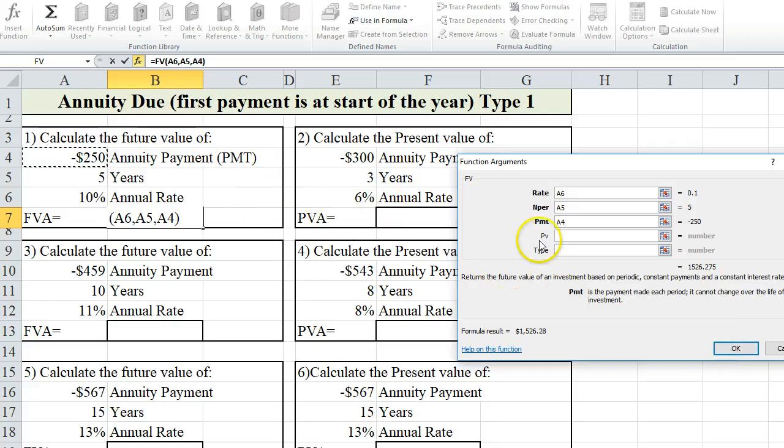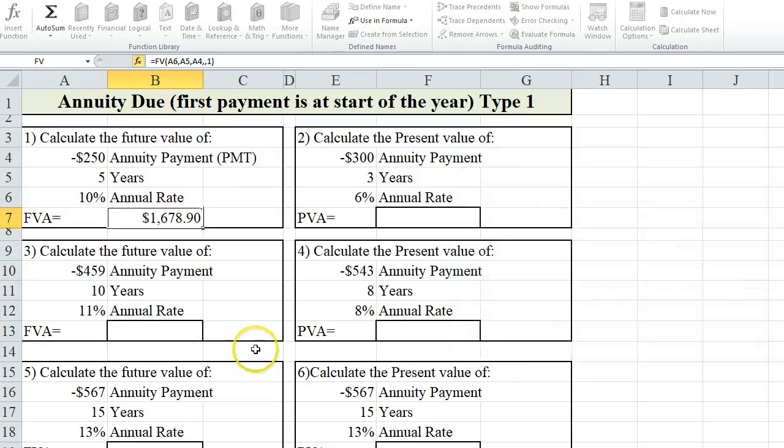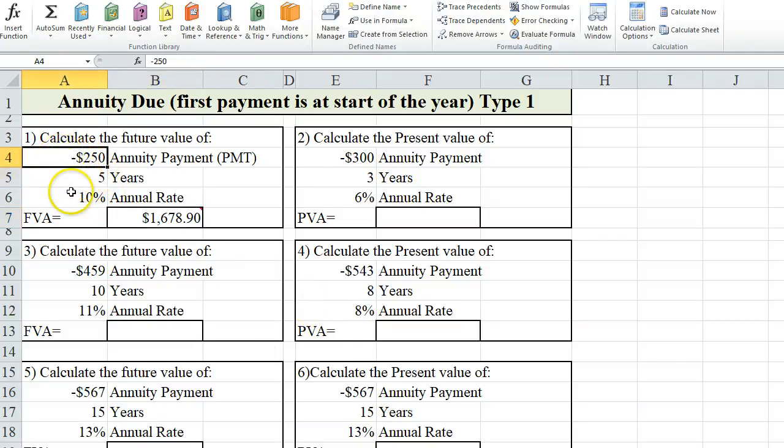Now the type is, here's where we use the type. These are annuity due problems, so I'm going to put this as 1 because they're annuity due, and that would be my answer, a future value of these. So 5 years of making this annuity payment at a 10% rate of return would equal 1678,